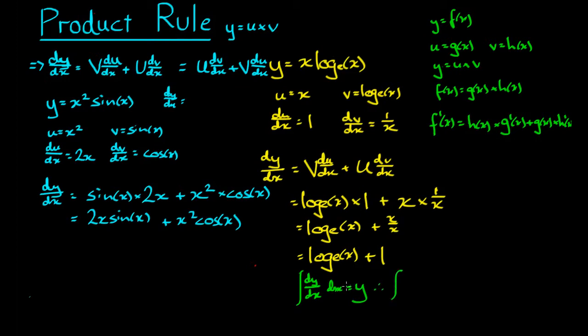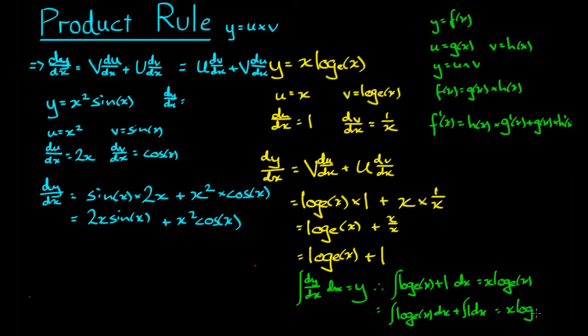Therefore, we rewrite it. The integral of dy/dx is equal to, as we found, log_e x plus 1, dx, is equal to, well, y was equal to x log_e x, and we can split this integral up: the integral of log_e x dx plus the integral of 1 dx is equal to